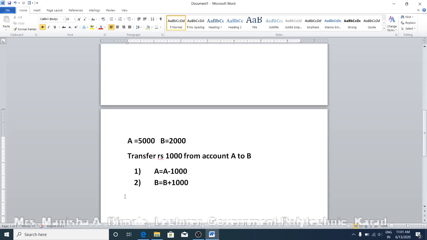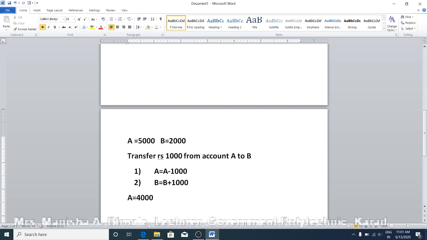Now suppose the first operation is performed successfully. The first instruction is executed successfully, meaning A's balance is read, that is 5000, and rupees 1000 are deducted from A's balance. And after executing this first instruction, suppose your system crashes, meaning system shutdown occurs due to power failure or some other reason.